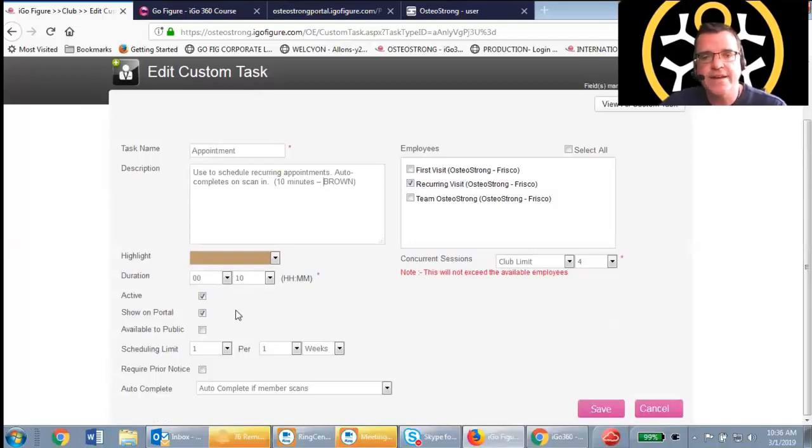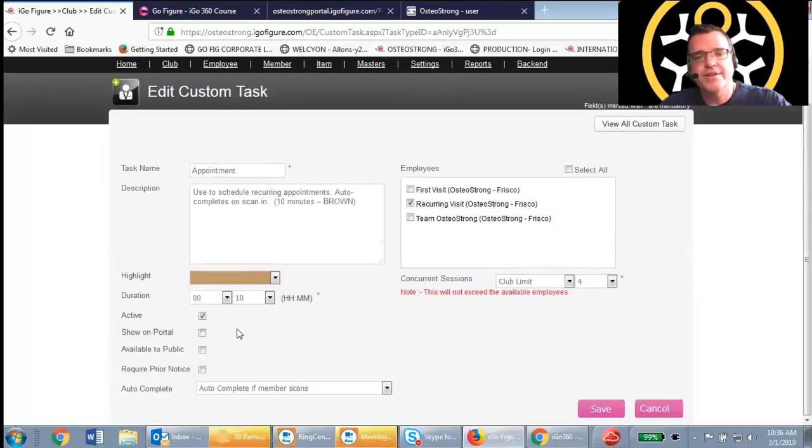Active just means it's available to be selected. Show on portal means it's available on the portal, and then we just started rolling this out in the OsteoStrong centers, and there's some other functionality. I'm going to show you about that here in a second. But we're going to uncheck that, and I'll explain it to you in more detail when we go through the